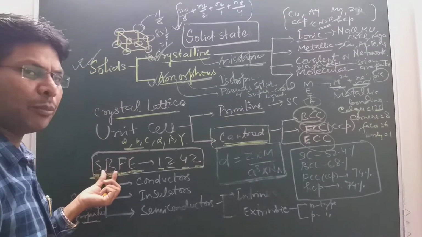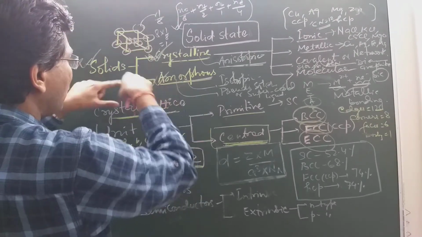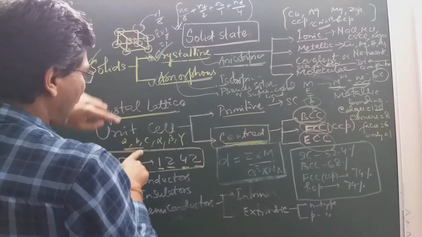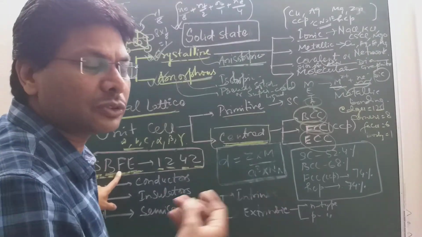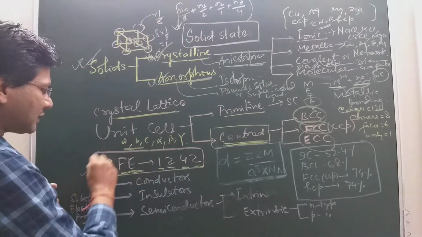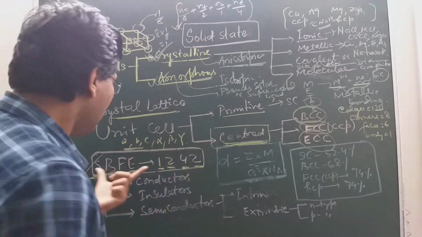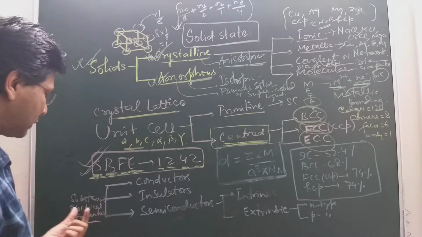If you consider the body centered, 1 atom at the body will make it 2: 1 from the corners and 1 at the body. Similarly, there are 6 faces. 6 faces contribute 3 atoms, plus corners is 1, so 4 atoms. So just remember the trick, "सब iron है 1242 रुपये का." This will help you solve questions, because questions are asked from this topic also.